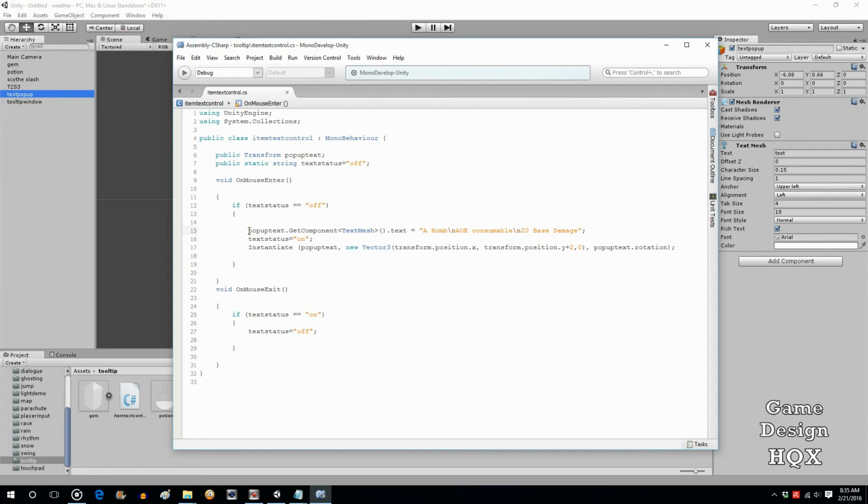So what this says is pop-up text get component text mesh.text, change it to this, and just adjust based on the formatting. The problem is that means every single object is going to be set up like a bomb. So what we need to do is adjust this so that each object has its own description. What we're going to do is look at the name of the object. So if object.name